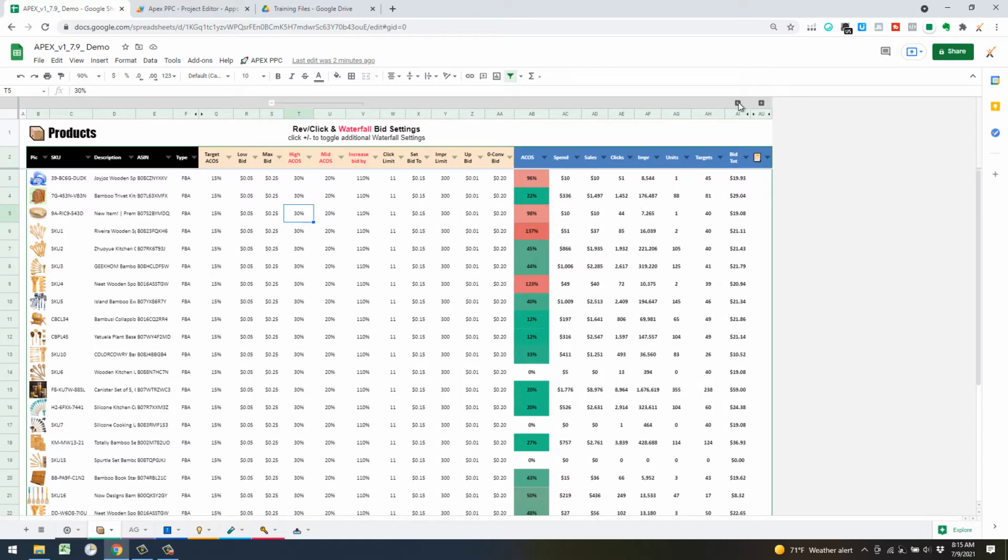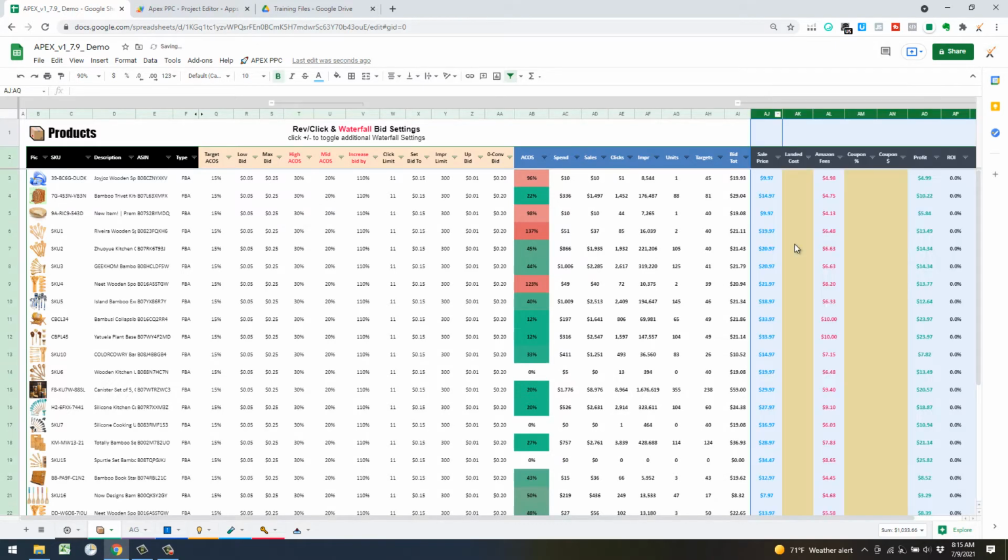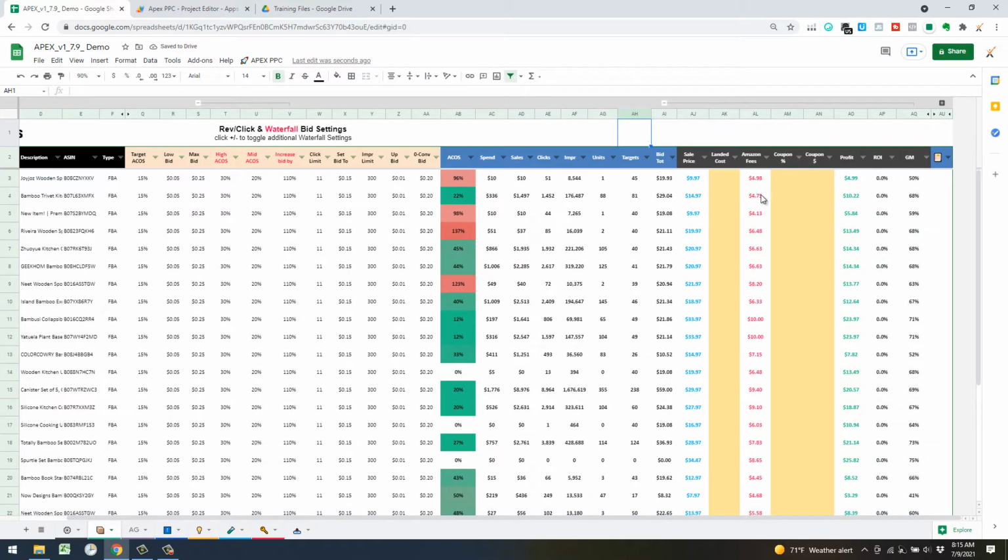And then I mentioned in the onboarding, you've got two hidden kind of tiles here. You've got a profit calculator, so you need to plug in your landed costs here for each SKU. And then if you want to use a coupon, you can always plug those in. It's going to give you your profit, ROI, and gross margin. Gross margin, you always want to have your ACoS, if you're wanting to be profitable, be underneath your gross